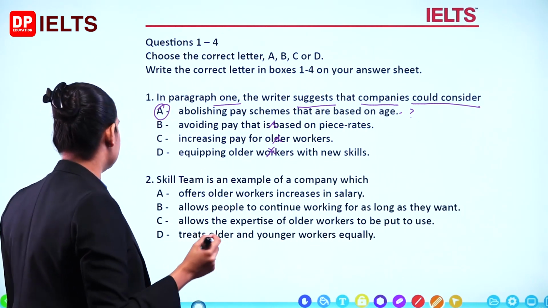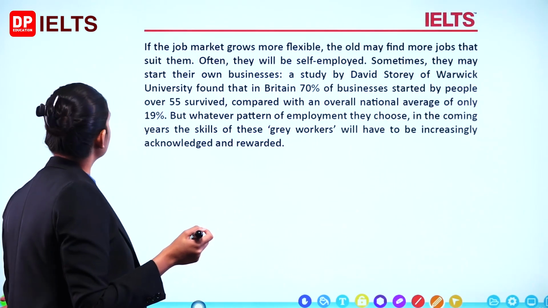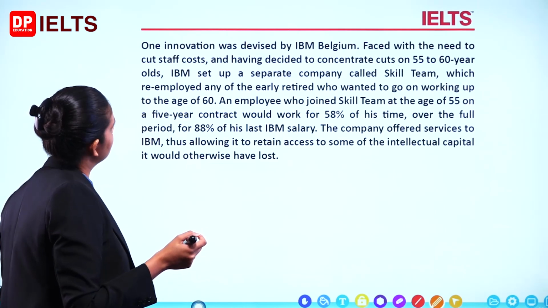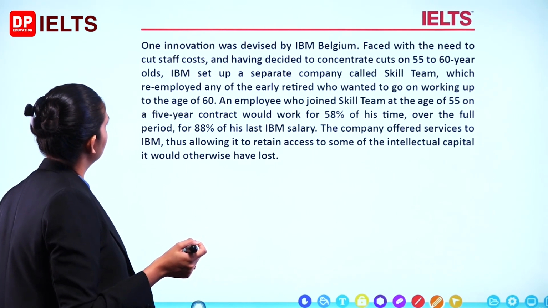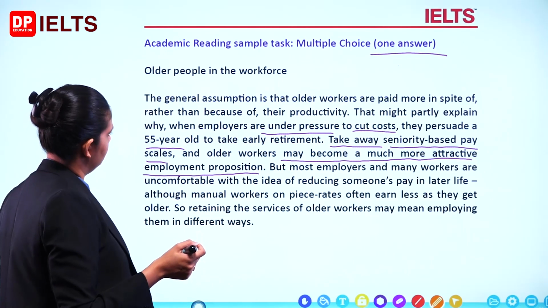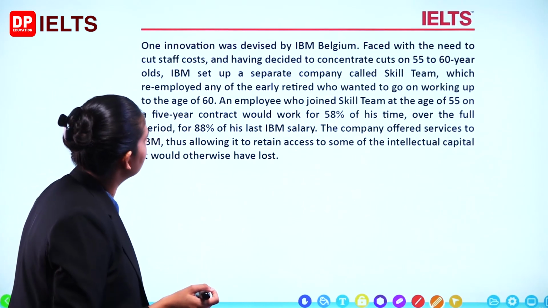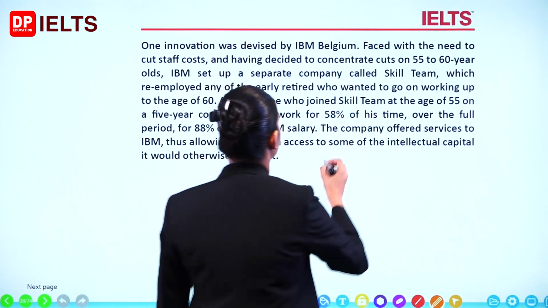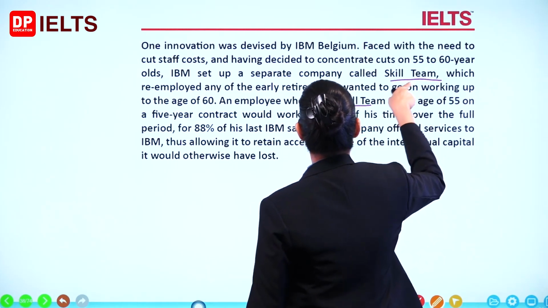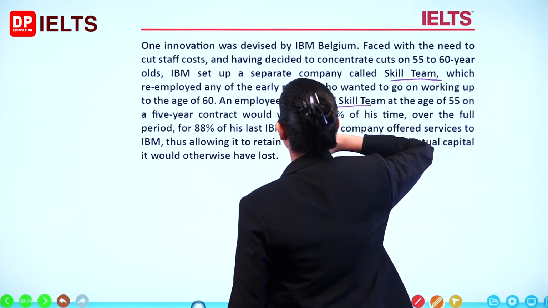Skill Team is an example of a company. So we have to scan for Skill Team, Skill Team, Skill Team. Where is Skill Team? We don't have it here. Do we have it here? Ah, Skill Team. Skill Team. What is Skill Team? One innovation was